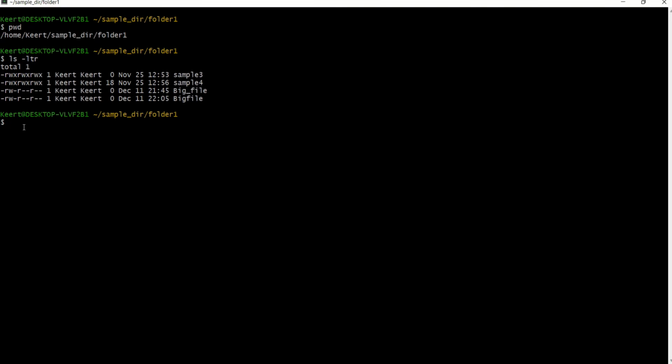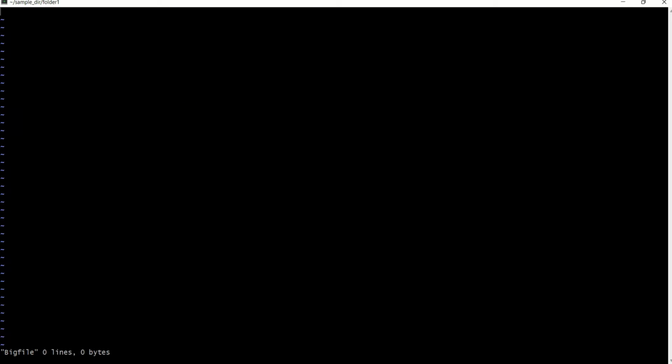So big file, I wanna show you what is there in the big file. cat of big file, so nothing is there. So I wanna create some data in the big file. So I use the command to write something. Insert mode